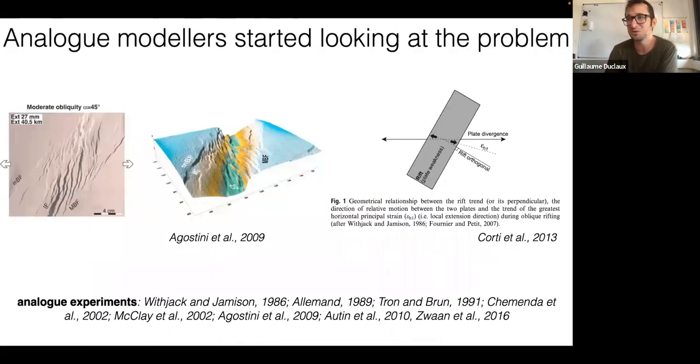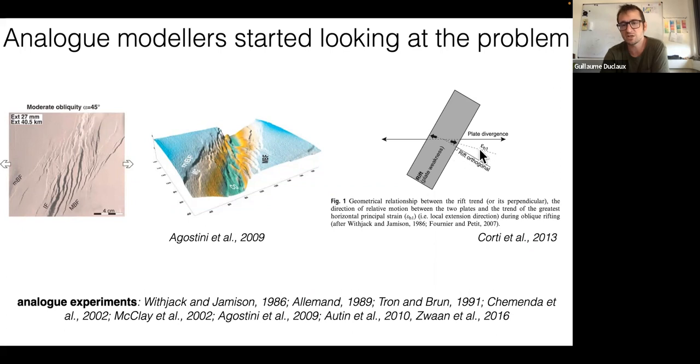So we're not the first ones to tackle this problem, of course. The analog modelers started to look at that first, because they can do fancy stuff in their sandbox. And what came out of these studies, and you've got a bunch of references, the first one being really the work of Withjack and Jamison, but it goes further in time, is that